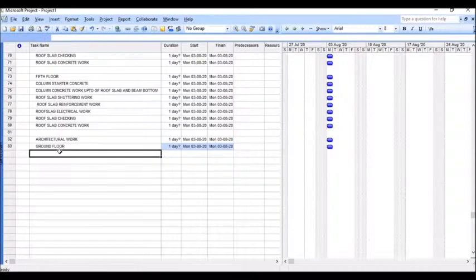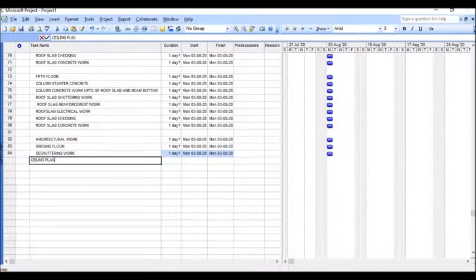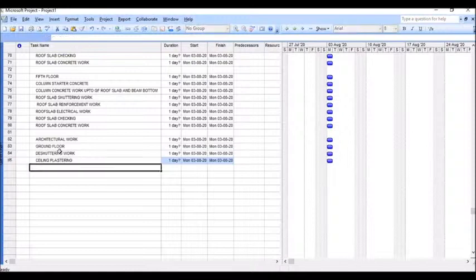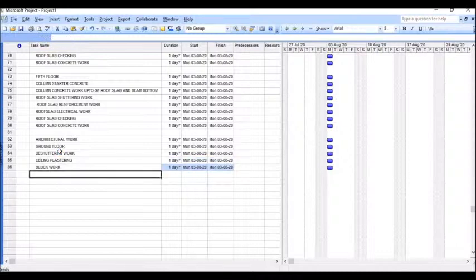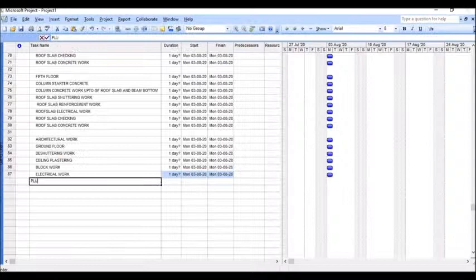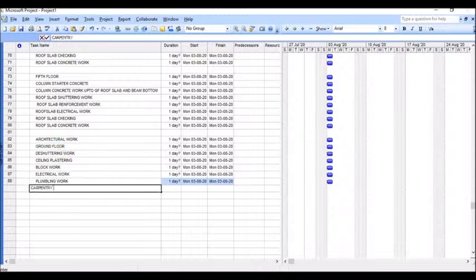Ground floor, de-shuttering work, then ceiling plastering, block work, electrical work, plumbing work, carpentry work,